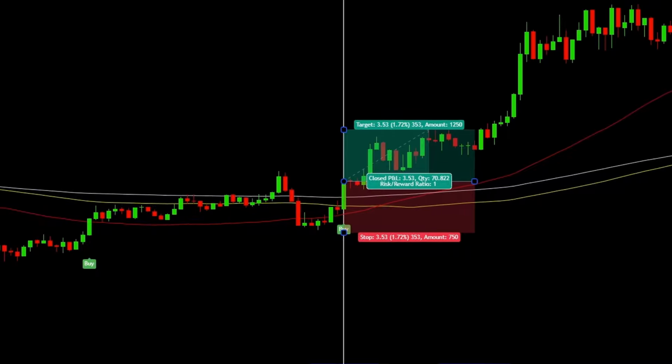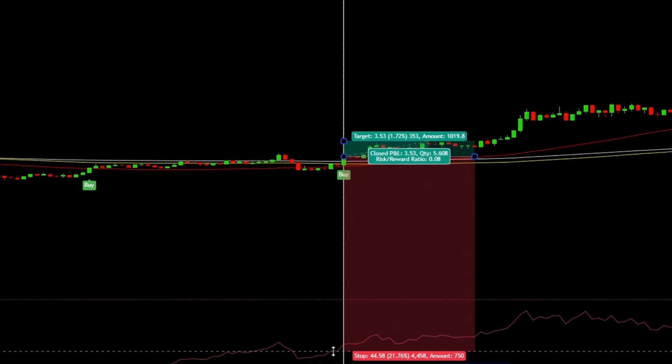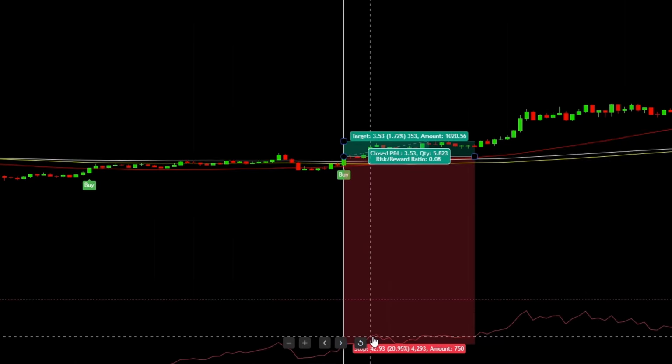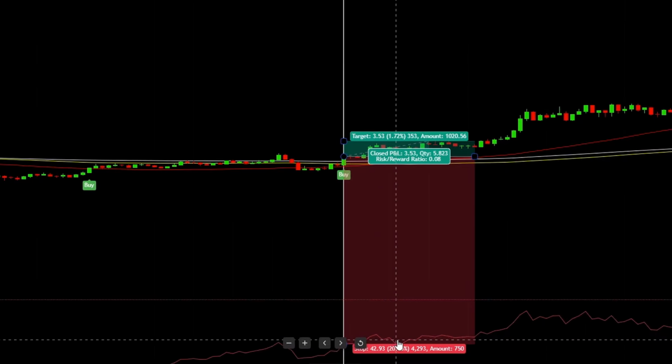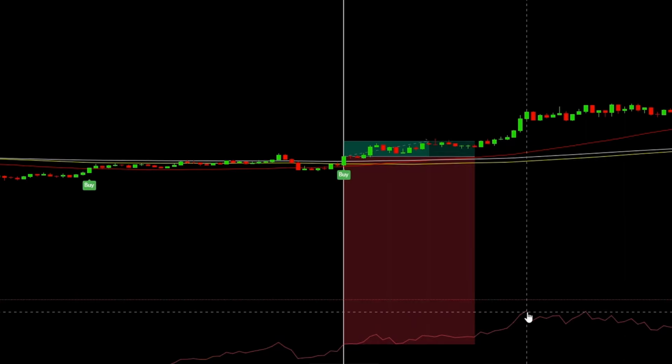The stop loss initially will be placed at the lower NNFX ATR line, which is this red line right here. But each time this red line moves up, we will move our stop loss accordingly. So on this candle, the stop loss would have been moved here. If it moves down, we don't move our stop loss down because this is a trading stop loss. And on this candle, for example, the stop loss would have been right here. So just keep in mind, each time the NNFX ATR moves up in an open position, we are moving our